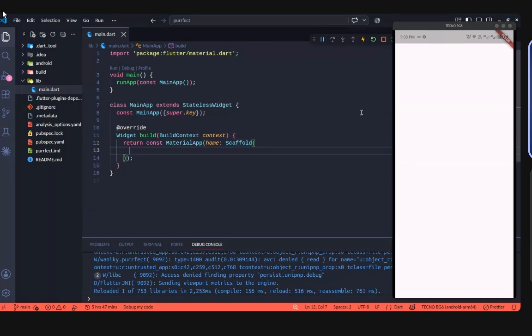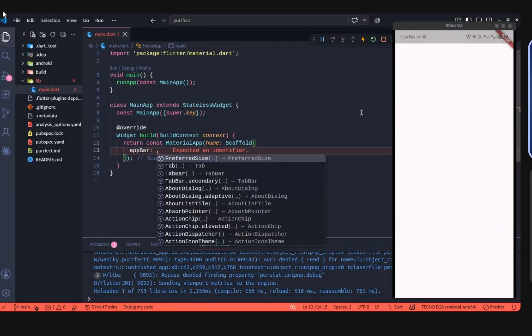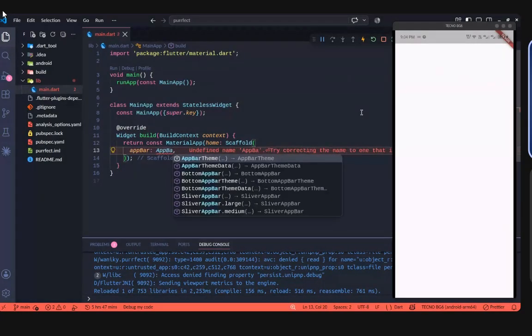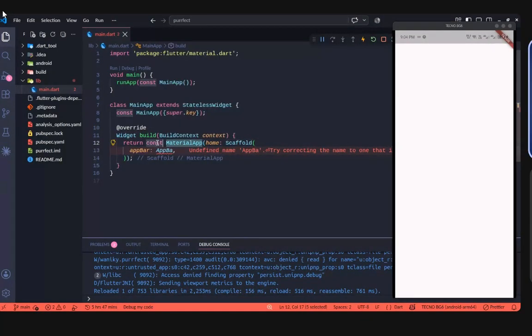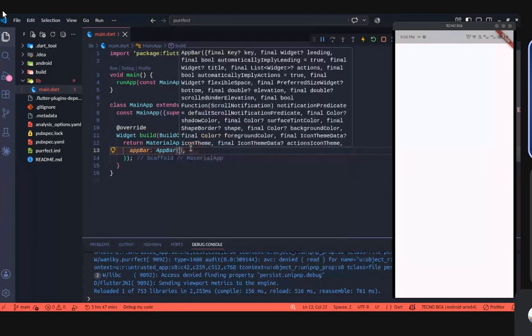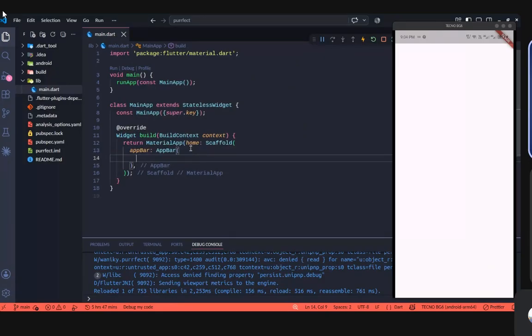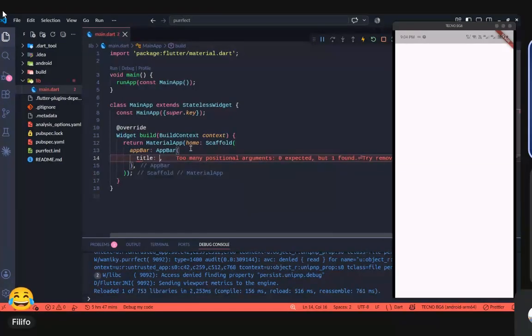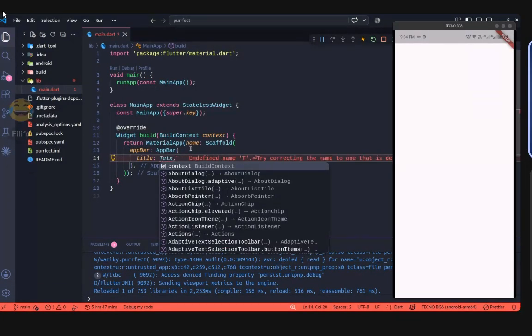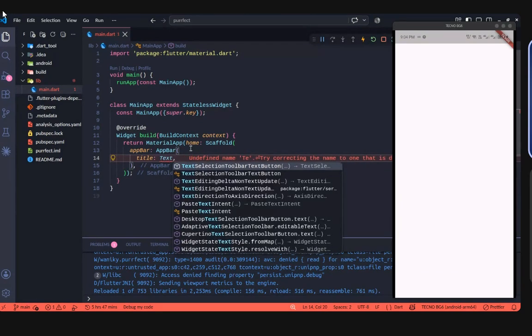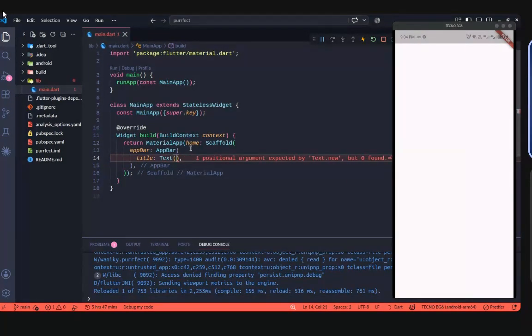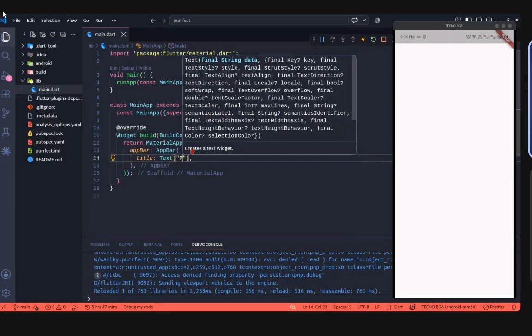So in our scaffold, we have various things. The first one is an app bar. An app bar is that thing that is up there. So we're going to create an app bar. I'm supposed to remove the const. Our app bar should have some sort of a title. So the title can be a text. Everything in Flutter is a widget. So the title will be a text, and the text will say something like